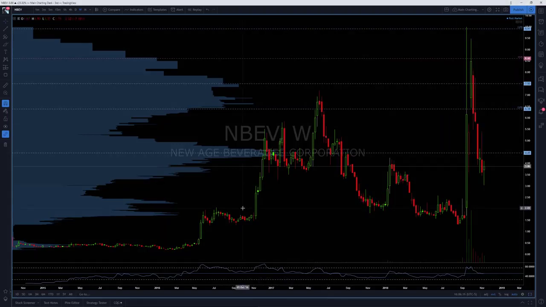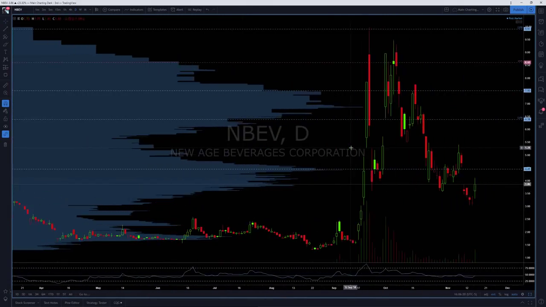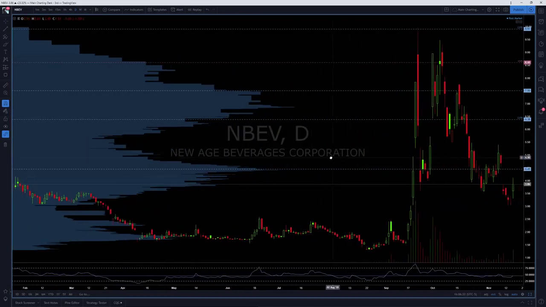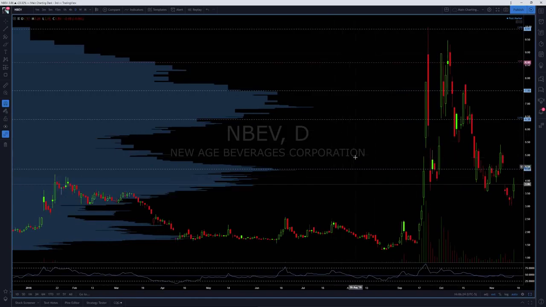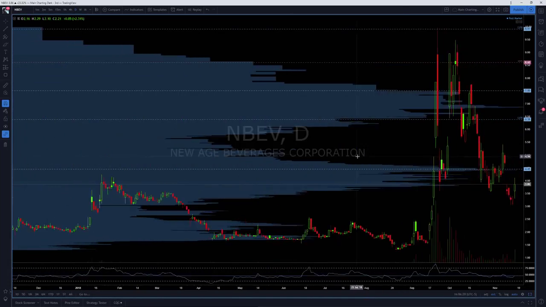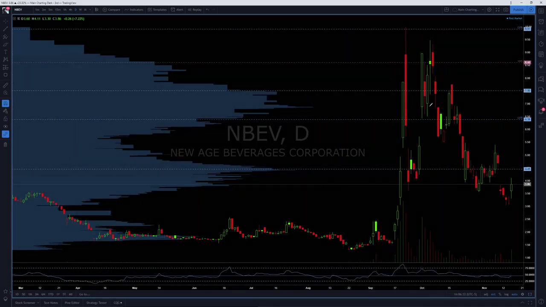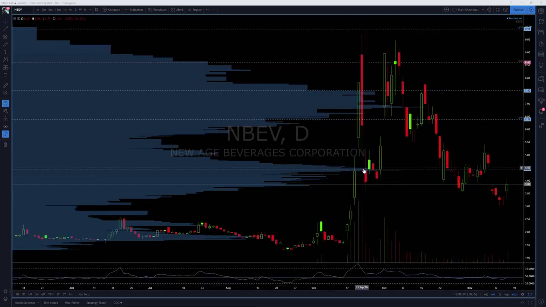And then I'll run through the last ones fairly quickly because I think you get the gist of it. Down to the daily, right? I'm not squishing down the chart as far as I can anymore because it's not really that important what's happened in the past. I've already identified that. I know that these levels here are important, the ones where the distribution is. And now I'm looking in more detail at this move. That's where I want to get more fidelity in. So what's happened inside of this